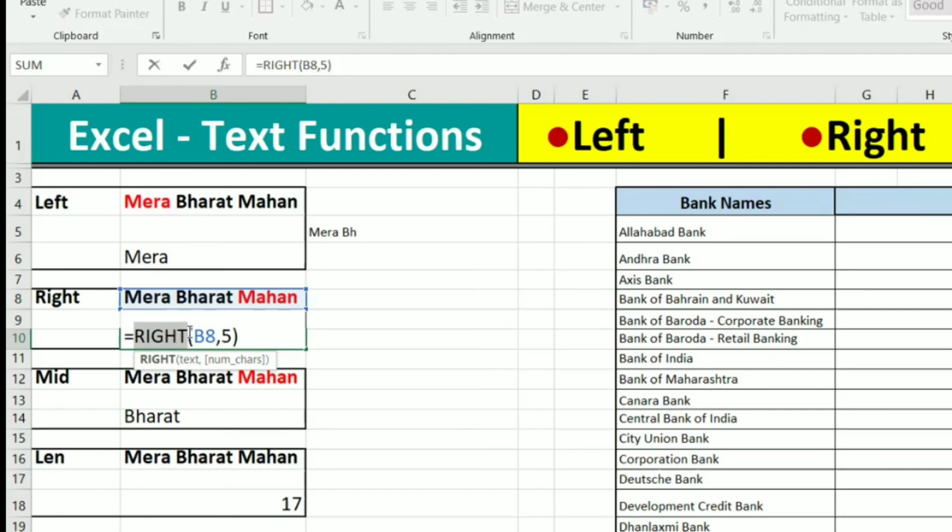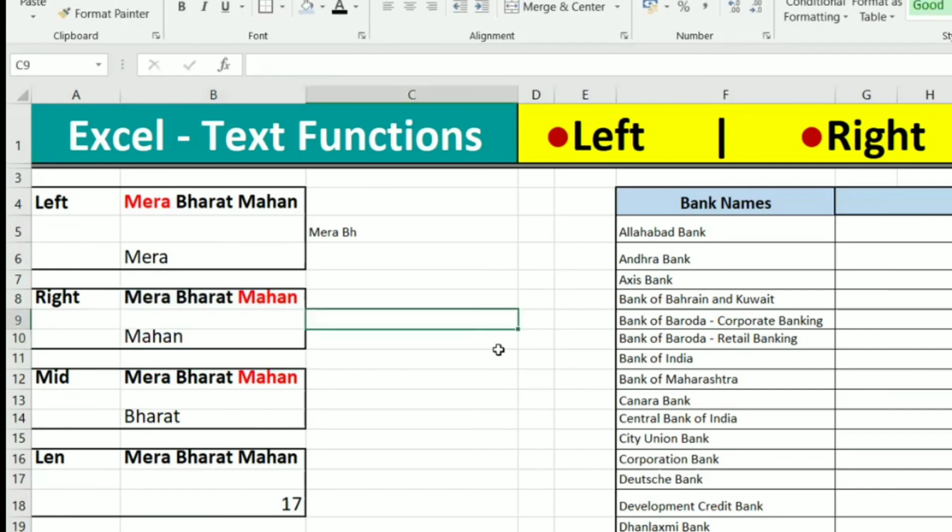Previously we used left, now we are using right. The source data is from the B8 cell. The number of characters should be 5. The answer will be Mahan, right?